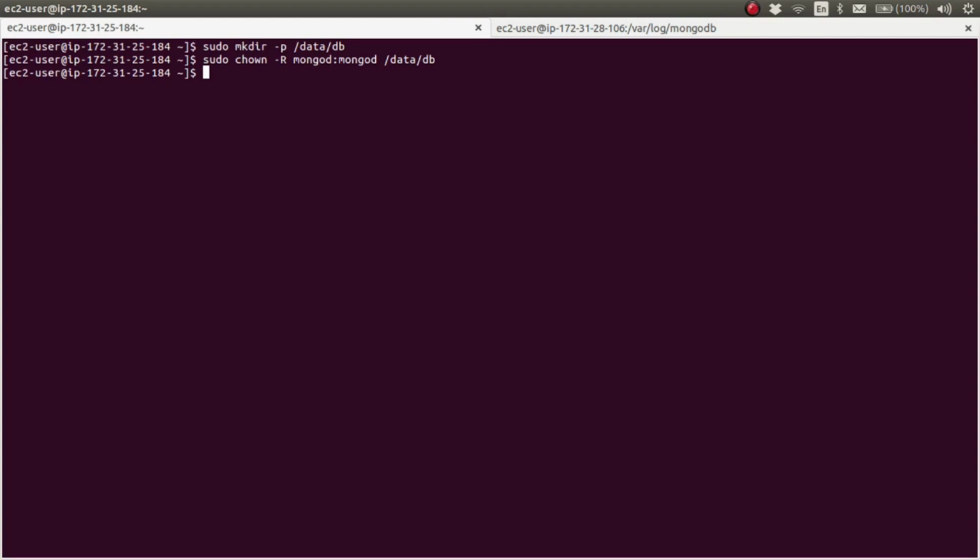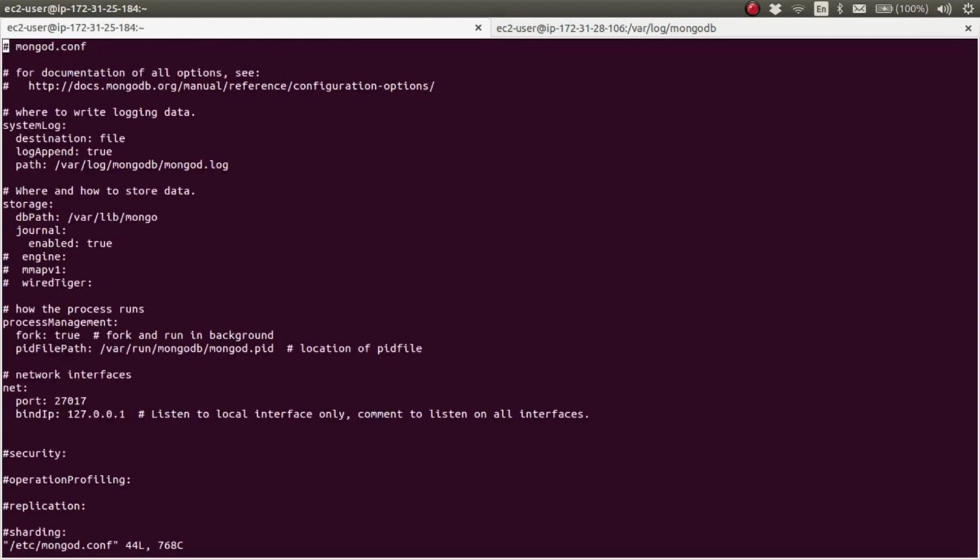And now we have to configure our config server. First, here I have to change the data directory path. Then